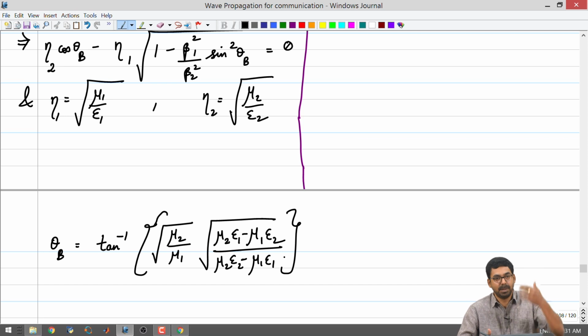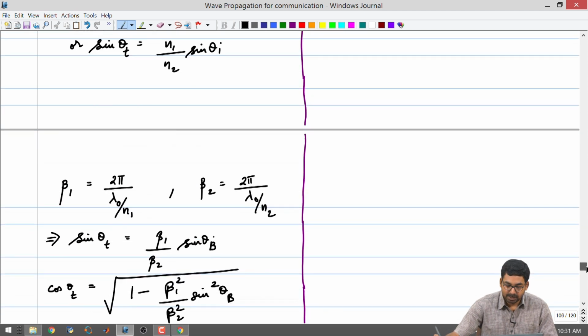The simplest expression is what we had before. If you know that, you are all set, right. So, given a problem configuration, if you are asked to calculate, you know how to calculate, all right. This is just to see in which cases this Brewster's angle can exist, in which cases it cannot exist, etc. Now that we have written this, we can do the same thing for the other polarization.